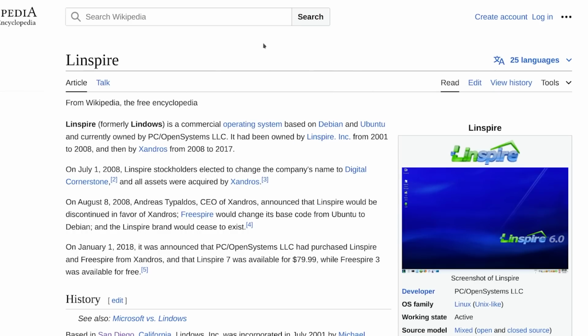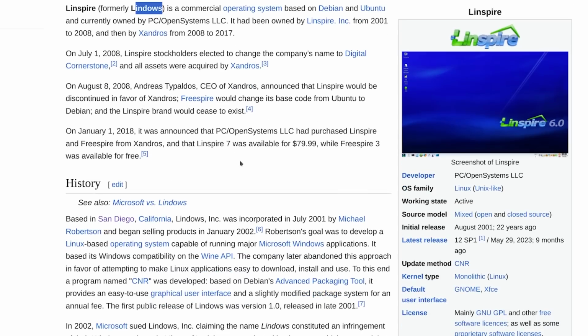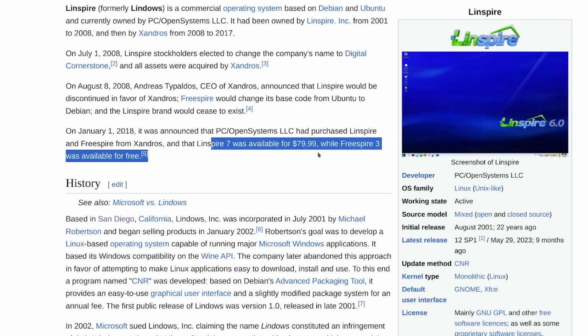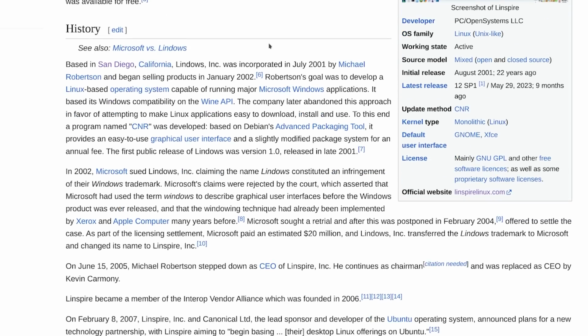Now, when I talk about legality, there were projects like Lindows, which obviously you can imagine Microsoft got pretty angry at somebody just basically aping what would be their trademark, or rather their branding in a way too. In a situation where people were willing to sell copies of this operating system at times for about $79.99. For instance, Linspire 7 was available for that amount. There were also free versions like FreeSpire, for instance. But again, this was a situation where back in 2001, you can read this all you want, San Diego, California, Lindows Incorporated was here.